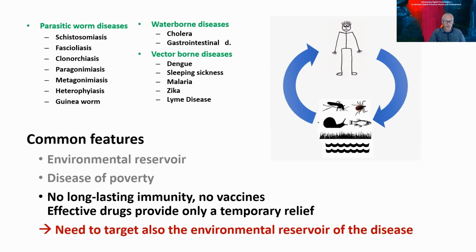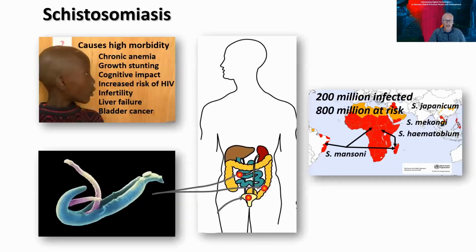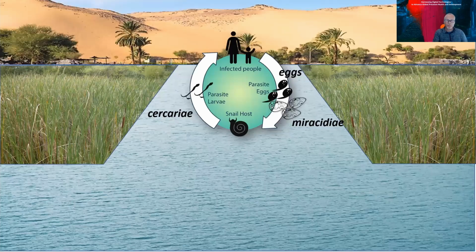And I want to show you this by using one of the most important of the so-called neglected tropical diseases as a reference example. I'm talking about schistosomiasis, a debilitating parasitic disease of poverty, endemic in 4 continents, 74 countries, in tropical and subtropical regions, affecting more than 200 million people worldwide, the vast majority in sub-Saharan Africa, the vast majority school-aged children. It is caused by parasites of the blood vessels, which is represented here in the lower left panel. And these parasites have a complex life cycle.